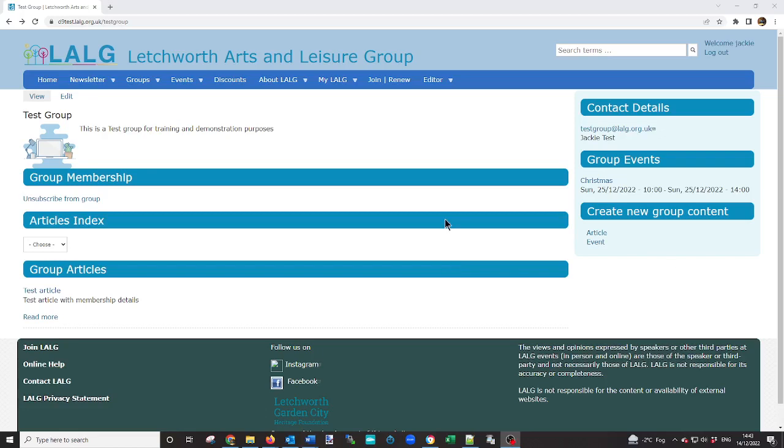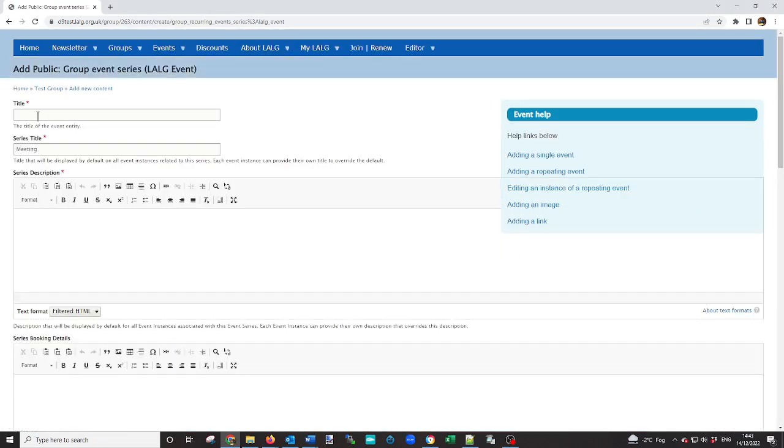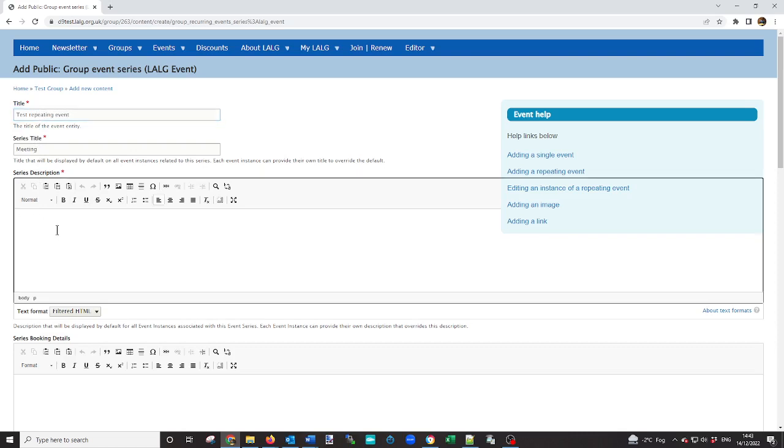Adding a repeating event. In this demonstration, I'm going to set up a repeating fortnightly event. From the group page, click on Event, add a title. I'm going to leave the series title as meeting, add a series description,